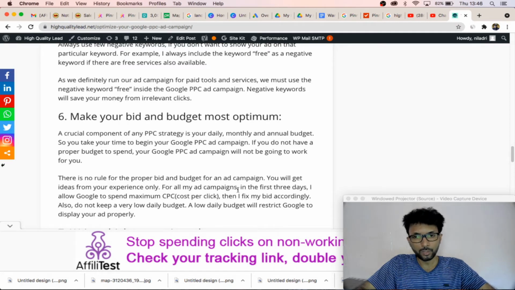If your budget is too small, if you spend 200 rupees, 300 rupees per day, your ad will not be shown on Google, because Google will not display your ad properly. So in that case you have to put in a good budget. For weight loss products and software products, I recommend at least 2000 rupees per day for ad spend. That is the minimum. If you have the budget, you can spend more.